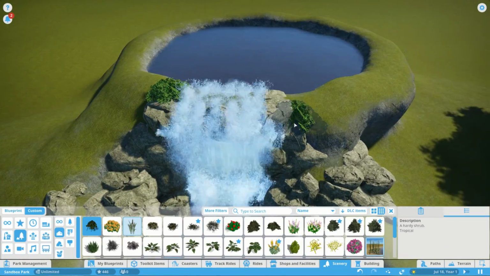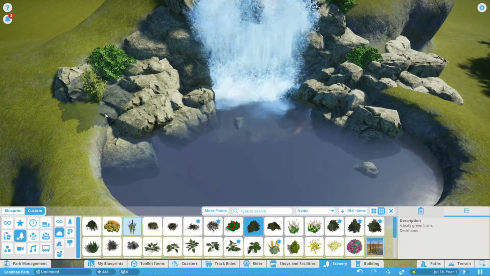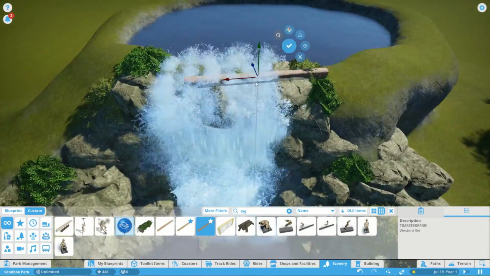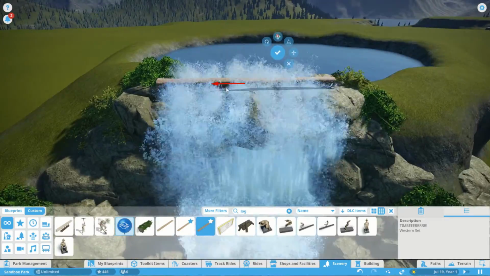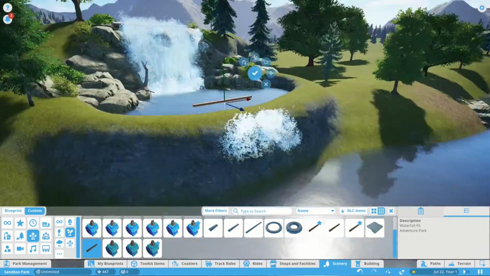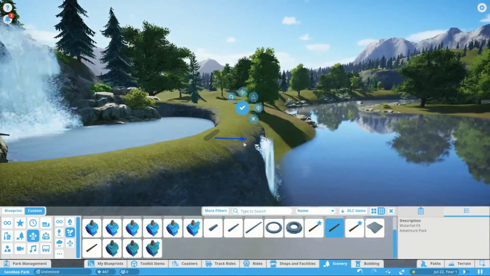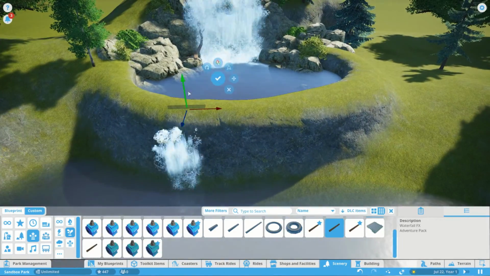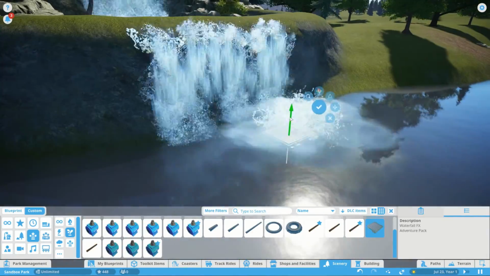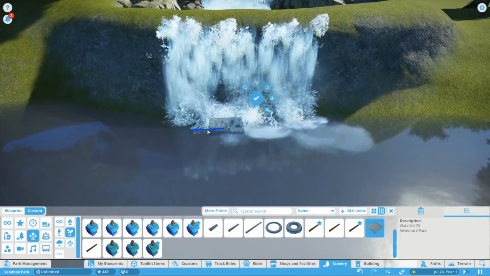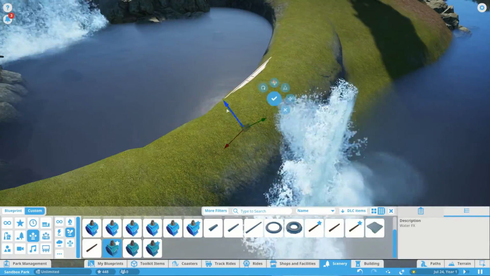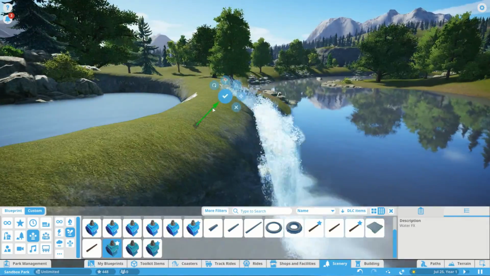Enhance the natural look of your waterfall by incorporating foliage, bushes, flowers, or even tree stumps, as you can see here on the video. For a more elaborate waterfall, consider creating a double waterfall that blends seamlessly into another. You literally just repeat the same process for each tier, resulting in a breathtaking water feature for your park. And this can also be made in a realistic park if you just go in and follow the basic touches